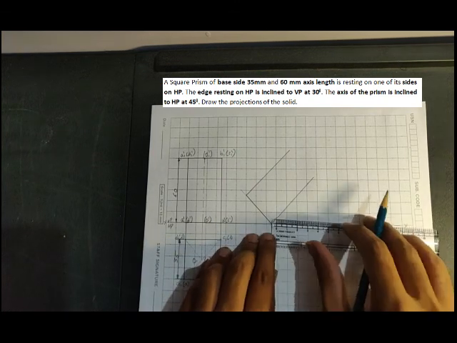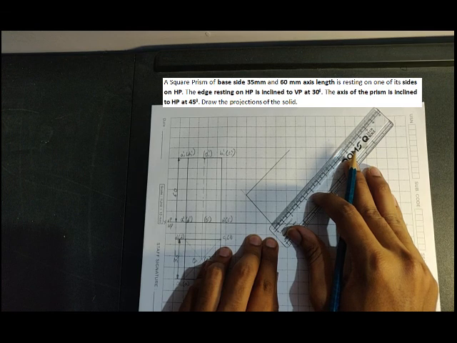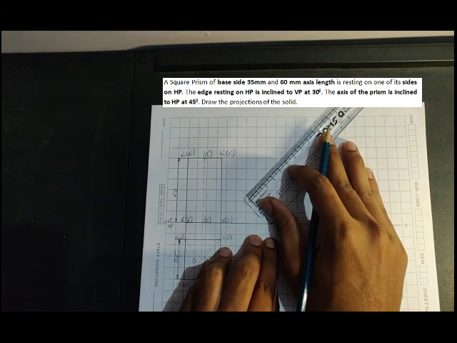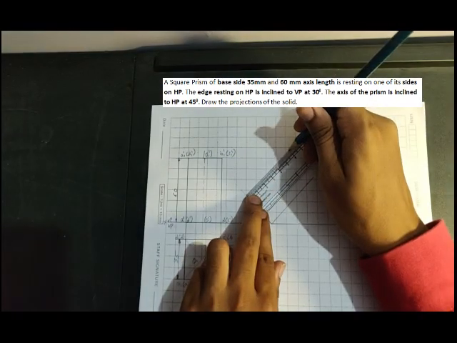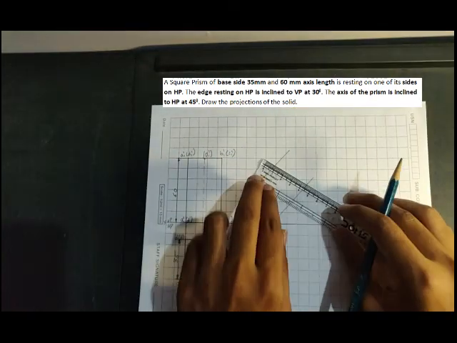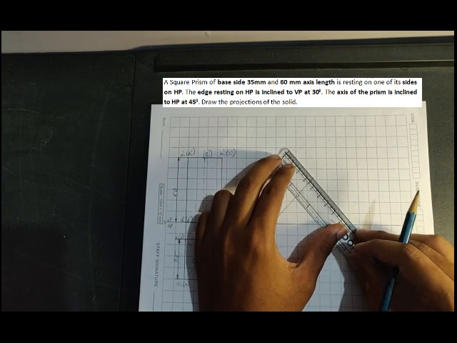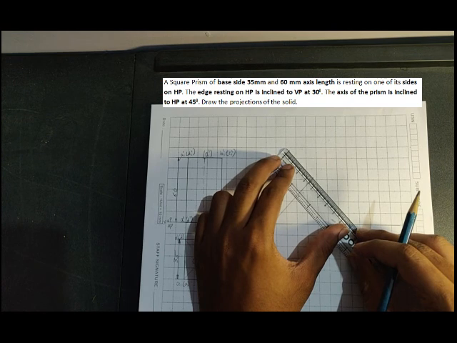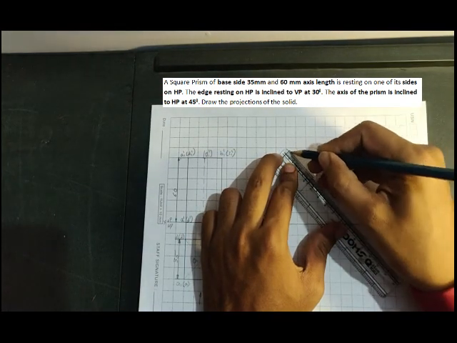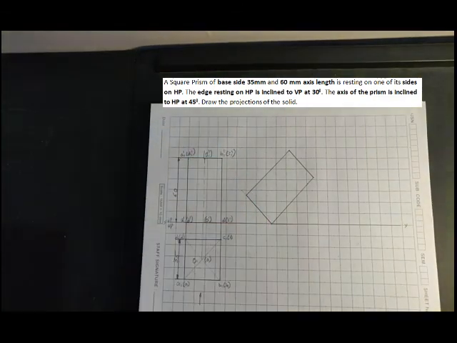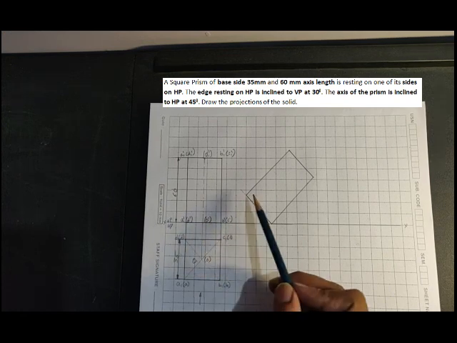So now this is exactly 35 on this side also, right? So what you can do is either you can find out the midpoint of this and find out, or I